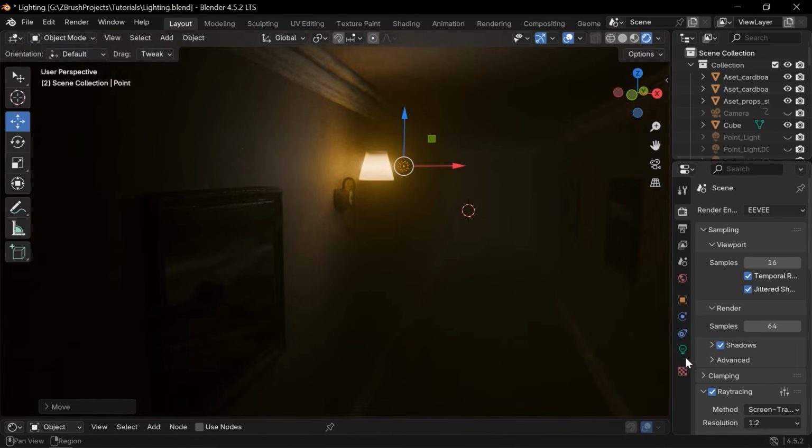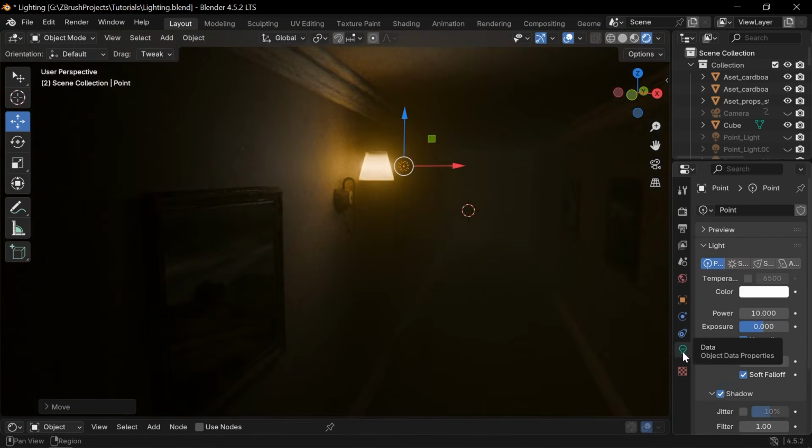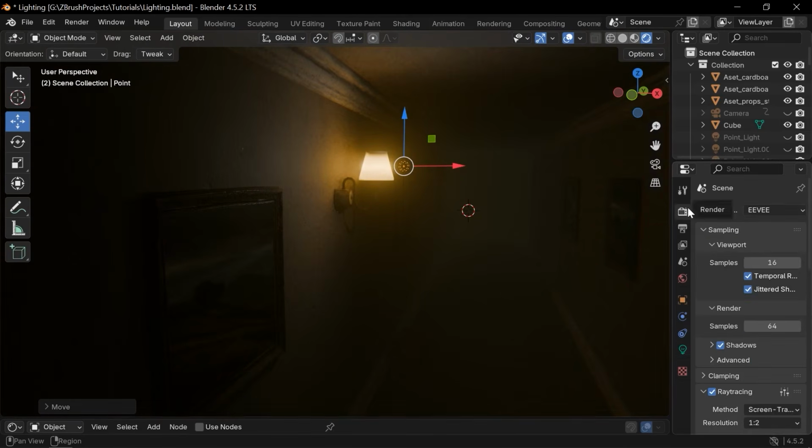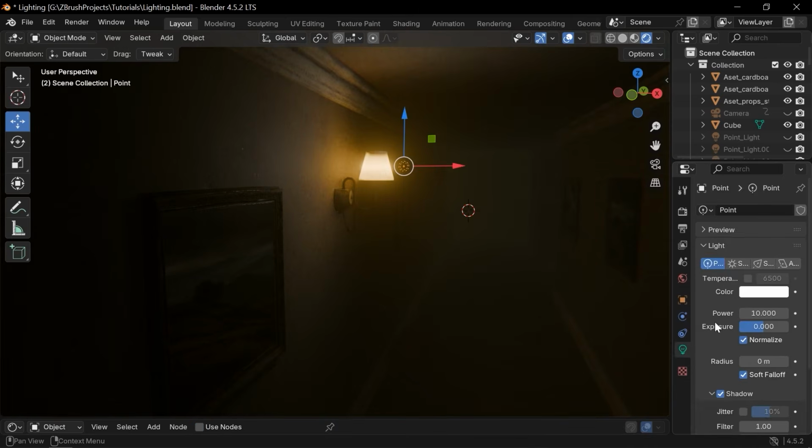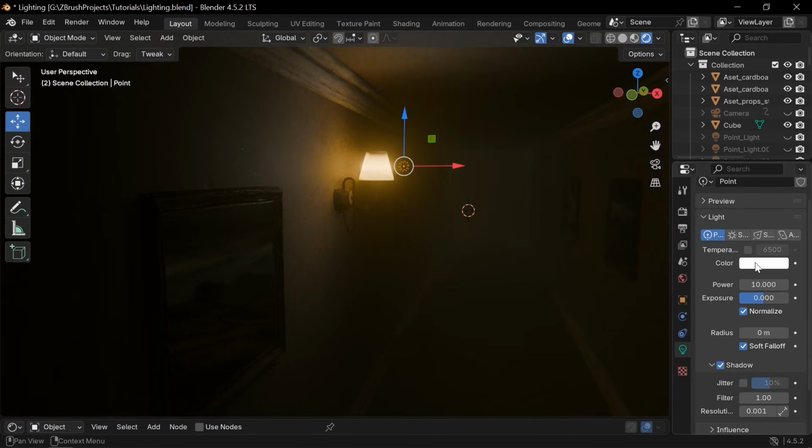Alright, now I can navigate to the light attributes, this menu. These sections are the attributes in Blender, not just related to the selected object. For example, here it's general rendering settings and not related to the object. But here this is the object. For example, if I select this, I don't have any light icon here because this is not a light, it's the floor. I need to go to the light section, and here we have the properties and attributes of the light,